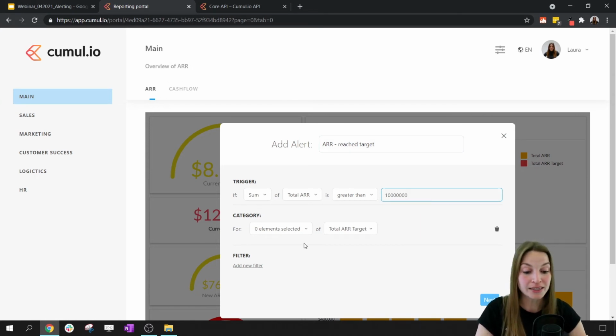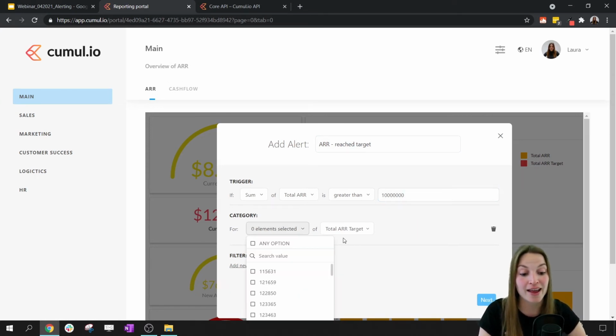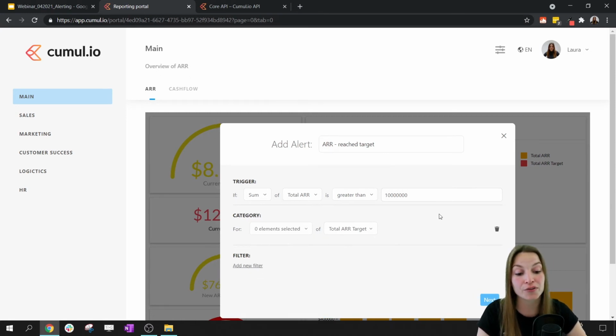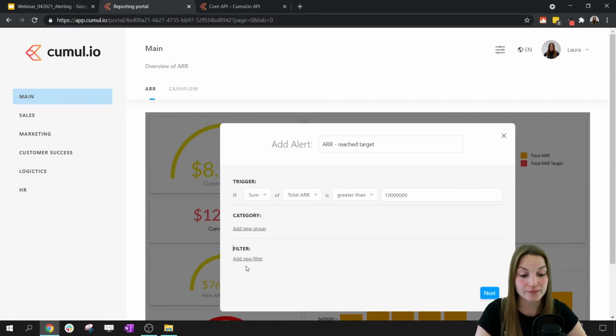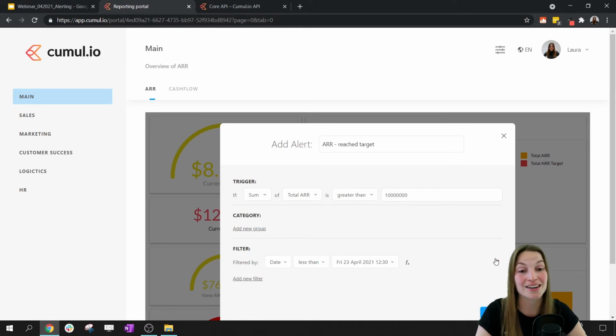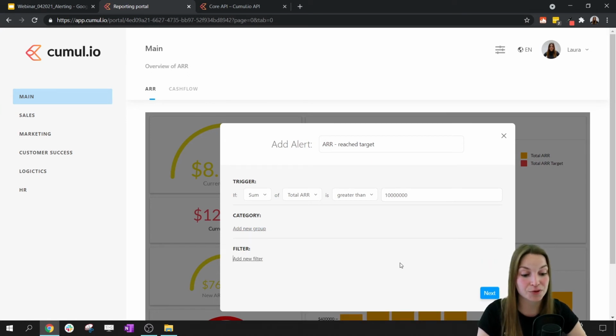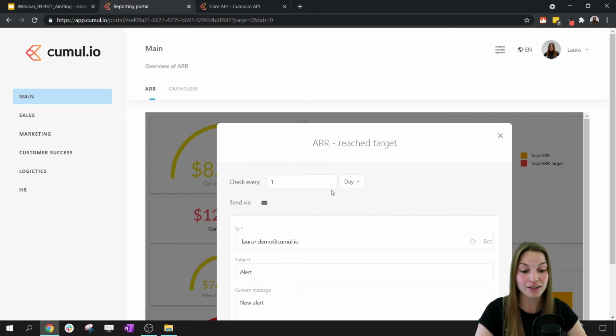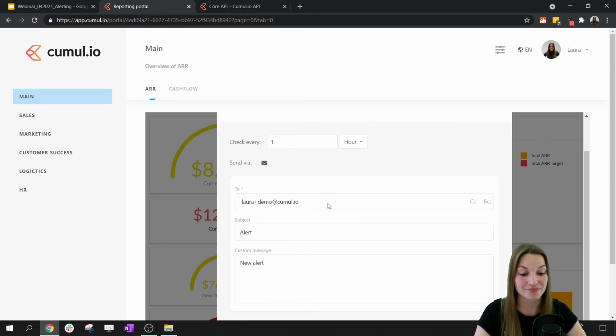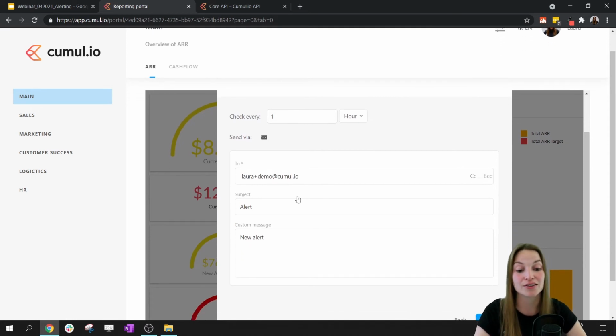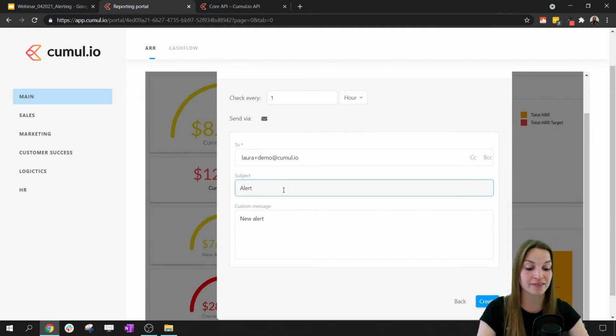for example. And if you want, you can set extra filters on the category or on other data within your data set, but I don't need that. But for example, here you could choose a country or maybe the type of business you want the alert for. Next, you can also choose a frequency, for example, 1 day. And then here you can see the different email addresses,